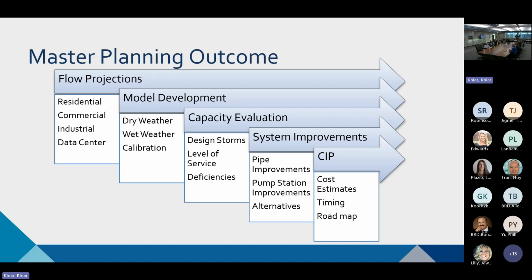With those tools, we'll be able to look more at our capacity in our system, make sure that we are projecting for the right level of service that we want, address any deficiencies, and then develop a capital improvement program, a series of system improvements that would be timed or triggered based on development. That would include pump station improvements, perhaps new pump stations, piping improvements, and so on. This will give us a roadmap into the future. We're always planning, and we've been doing a lot of area facility plans recently, like related to the JLMA and other areas.